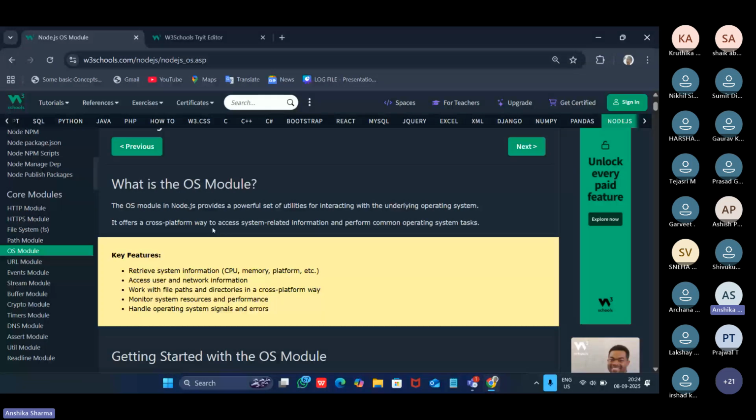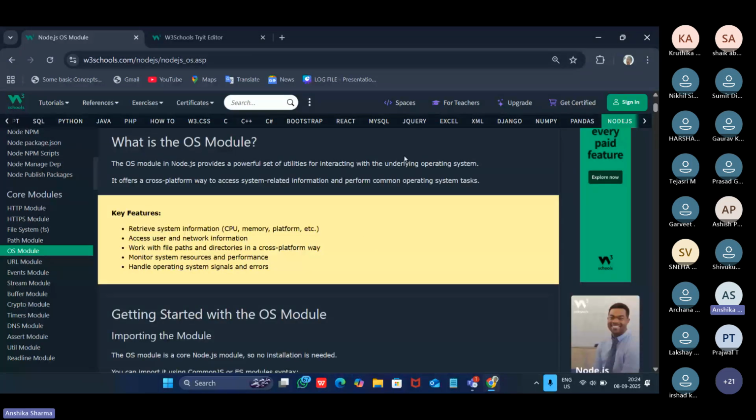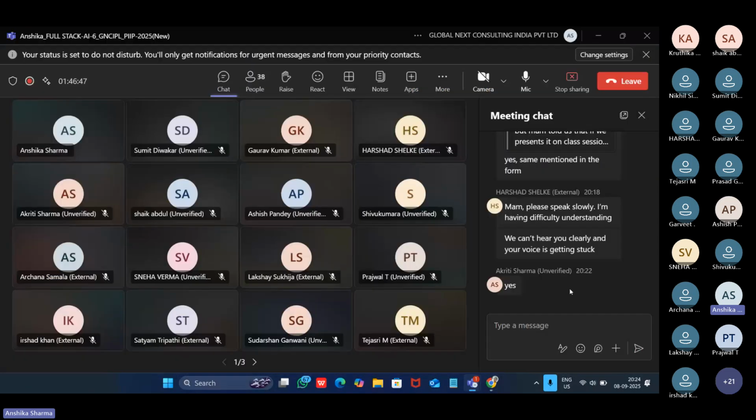It offers a cross-platform way to access system-related information and perform common operating system tasks. These tasks include getting information about your operating system, like CPU architecture, what directories you are currently working in, the host name, and the name of the user of your system. All this information is inside the operating system.